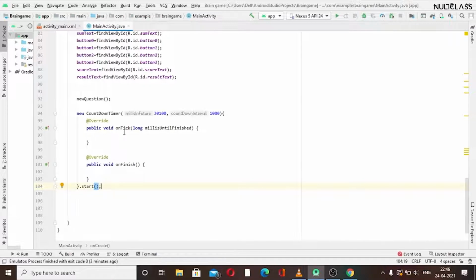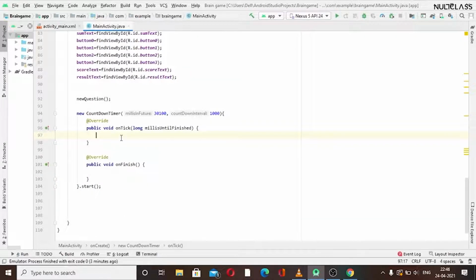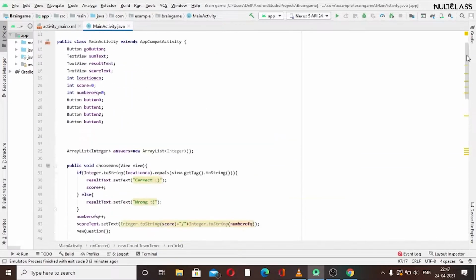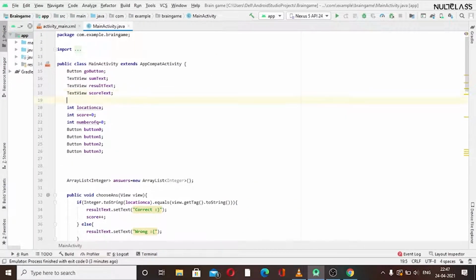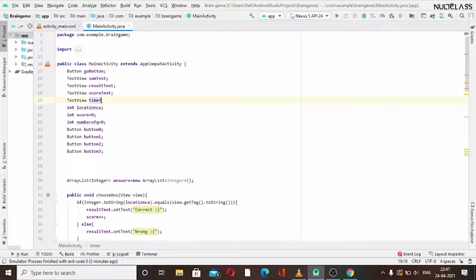Now we will write the code inside of that, as we want to show it in our timer text, the name we have given. We haven't declared our timerText yet, so we will first initialize it at the top, and we have to do that in our onCreate method also.